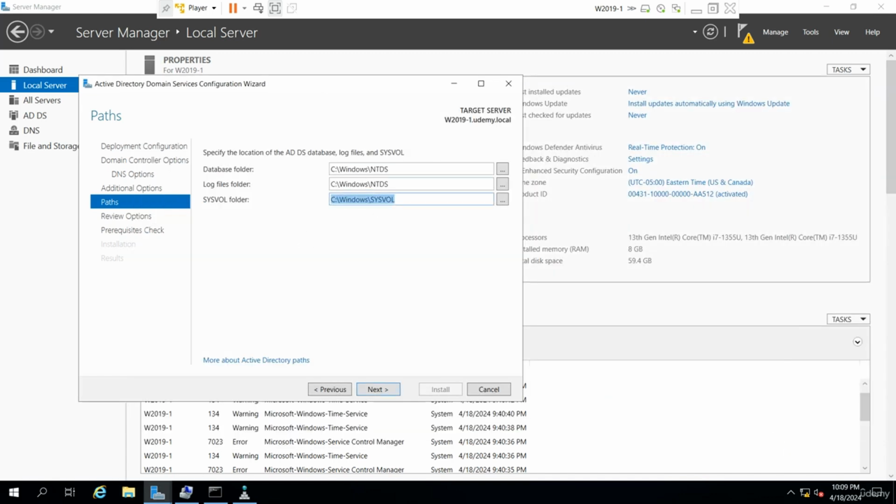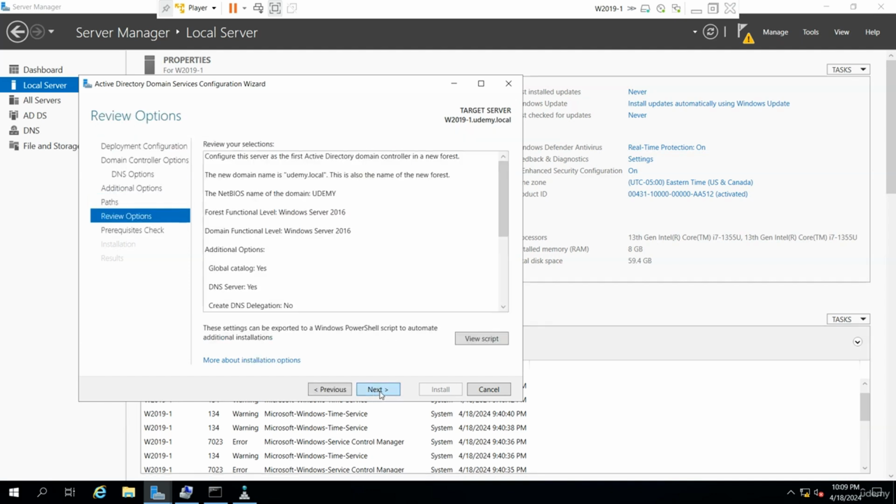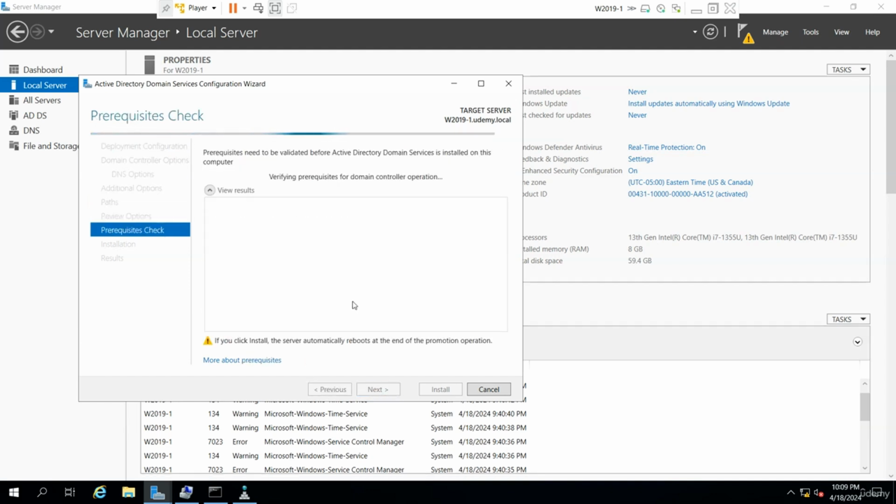SYSVOL is where group policies are located. And the NTDS, New Technology Directory Service, that's the database of Active Directory, which is really ntds.dit, directory information tree. We'll see more and more about that. It's really recommended to put it on a separate hard drive, but for our testing, I'm going to leave it on the same. So I'm going to go next and next,